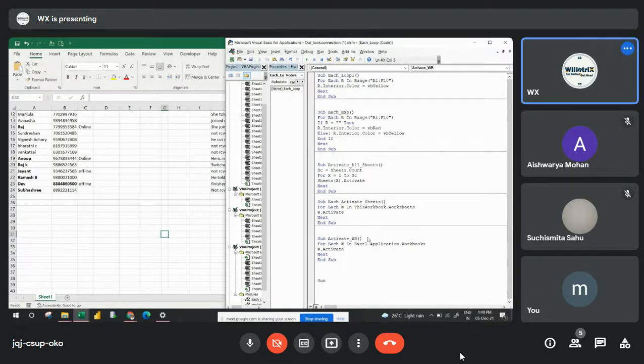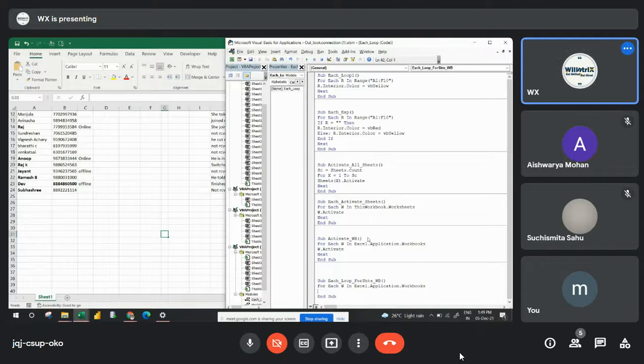Sub ForEachLoopForSheetsAndWorkbooks. For Each W in Excel.Application.Workbooks.